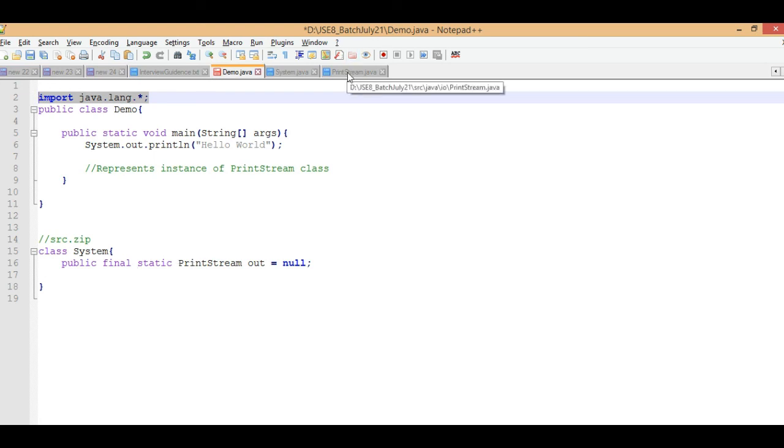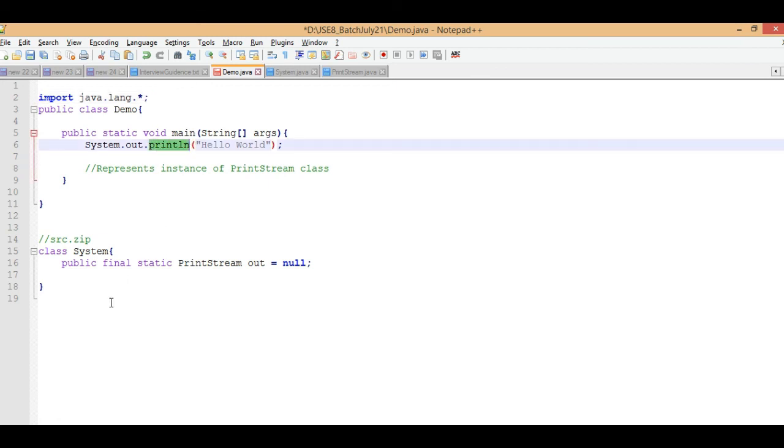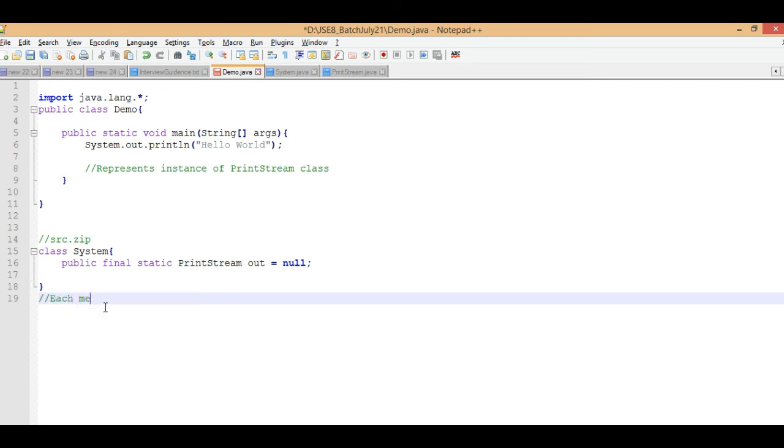So let's come to the PrintStream. As I know, println is a method, and there is a convention which is strictly followed: each method can be invoked by using the class object.